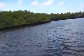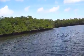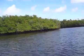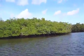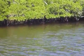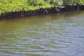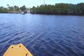The wind's been sort of variable, depending on where I am amongst all these mangrove groves along the shoreline. I thought the tide would have turned by now. It's been low since I got here, and you may be able to see up along the shoreline those mangroves, the roots are still well out of the water. That's the way they were 4 or 5 hours ago. I really thought the tide would have turned by now, and maybe that would have picked the fishing up, but so far it hasn't happened. I think I'm going to make a big turn now and head back towards the boat ramp. See what happens between now and...